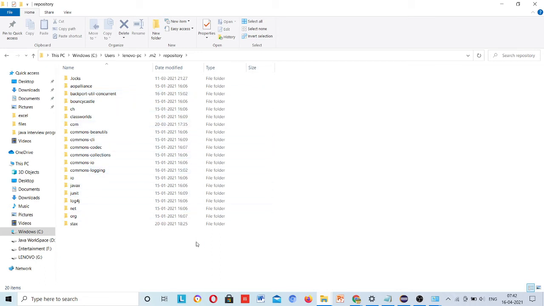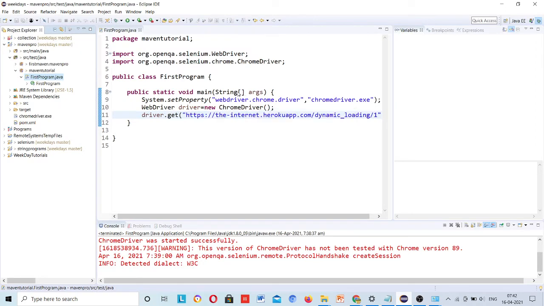If they are present, it just adds them to my project from here. If not, it downloads from the cloud, so it increases performance. Just like Gmail already downloads some emails locally, so it is easy to access even when not connected to the internet.